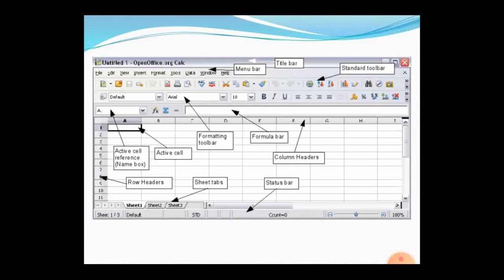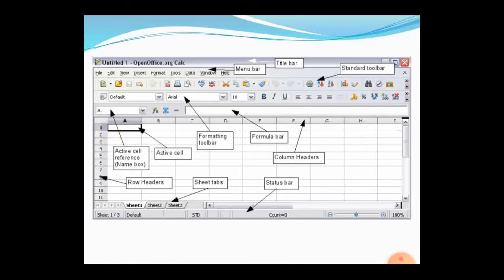There you can type, etc. So this is the active cell reference. It shows the cell, combining the column header and the row number. This box can be named A1, the column name followed by the row number.